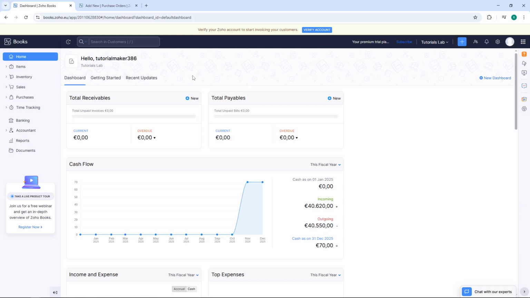Welcome back, everybody. Today I'm going to teach you how to create purchase orders in Zoho Books. This feature streamlines your procurement process by allowing you to formally request goods from vendors while keeping everything organized in one place. First, open your web browser and navigate to